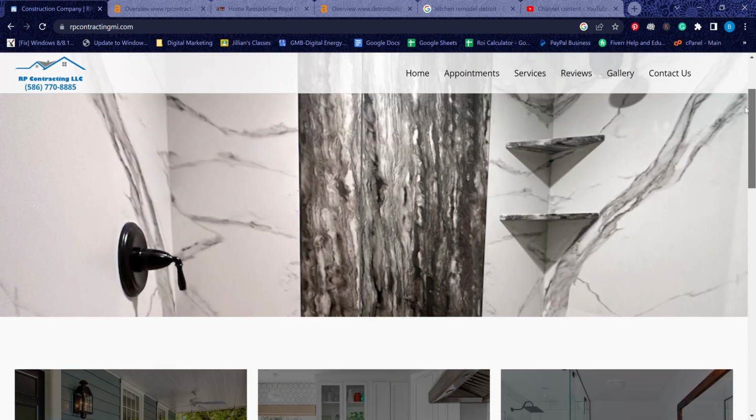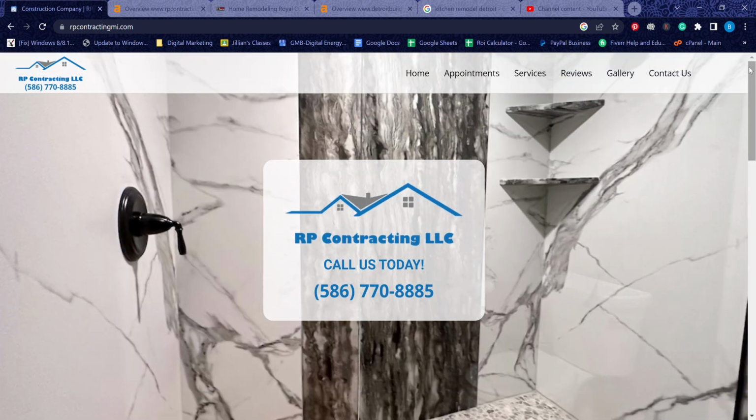Let's also go ahead and talk about the fact that 8.5 billion people a day are searching on Google. A lot of them are your potential customers who are searching for your exact same services in your exact same area. Now, to Google, content is king. It really makes you look like an authority on your business. So we recommend about 1,500 words of unique, helpful content on any pages that you want to rank for. So your home page, your service pages,